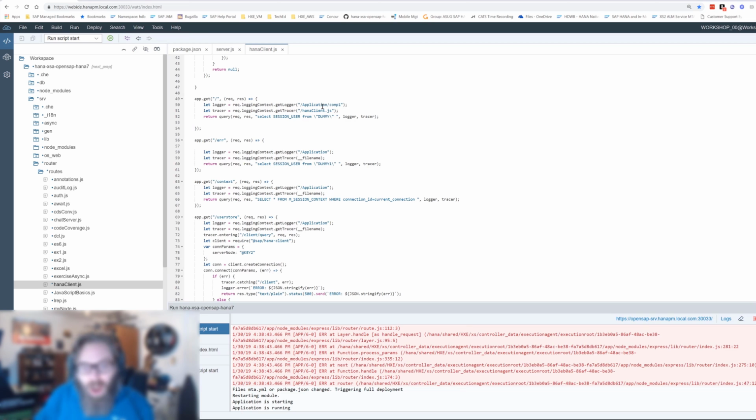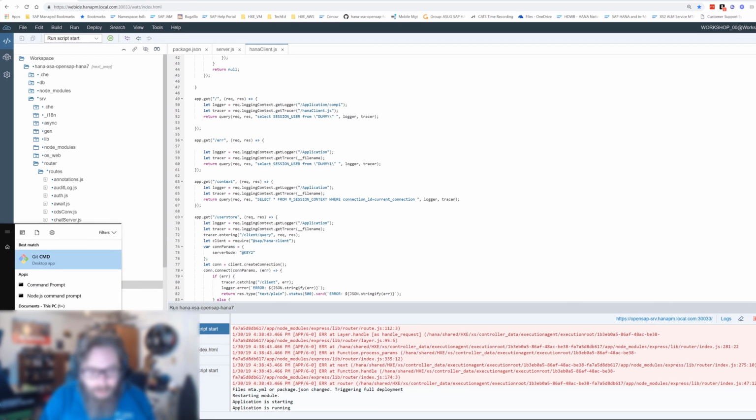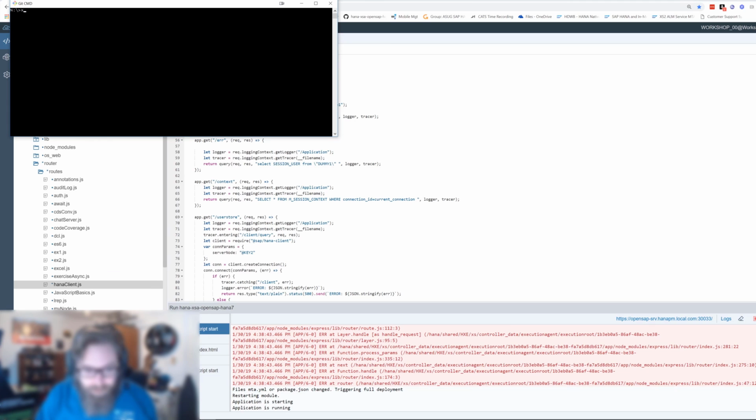Because the other day, I turned on the debug level of logging, but I did it at the application level, and I got so much information from Express and from all the surrounding layers that I was just overwhelmed. It was too much information, and it even slowed down the log display so much it became unusable. So it's very important to be able to set the logging level, and we can do this at the command line. Pardon me. If I log into the XS admin or XS command line here,